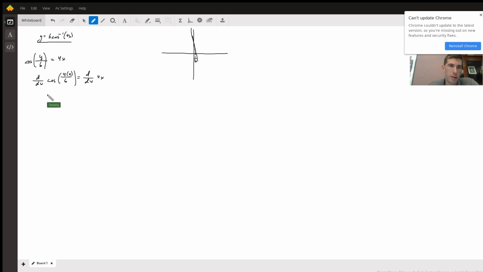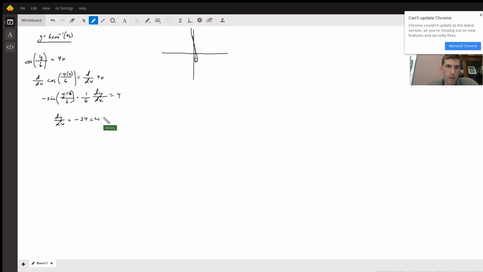All right, so using the chain rule, we have negative sine y of x over 6 times the derivative of what's in the middle. So that's going to be times 1/6 dy over dx. So you can take the derivative of y with respect to x. So you have to do that chain rule, and then that's just going to equal 4. So we can go ahead and isolate this. So what we can say is that dy over dx is equal to negative 24